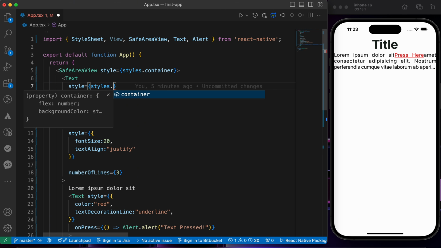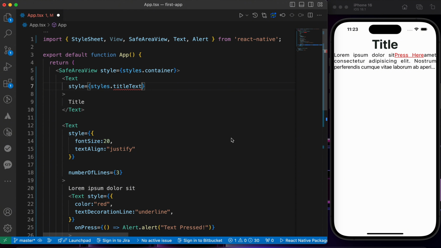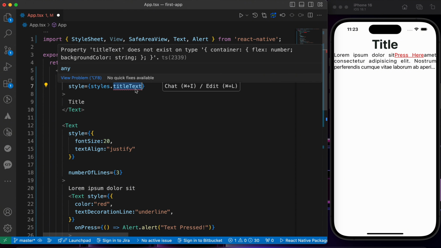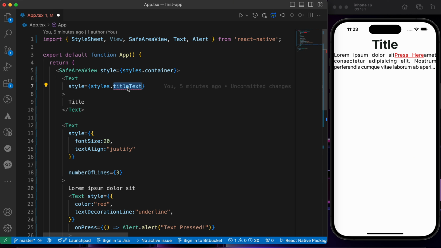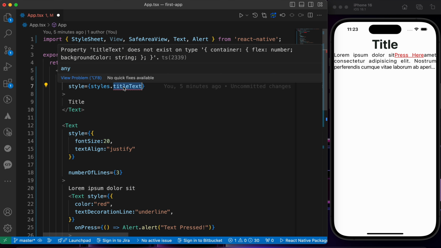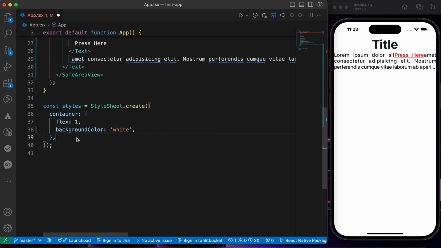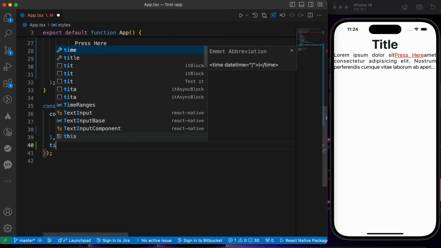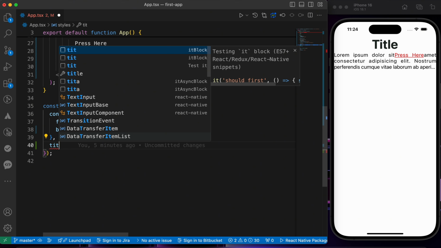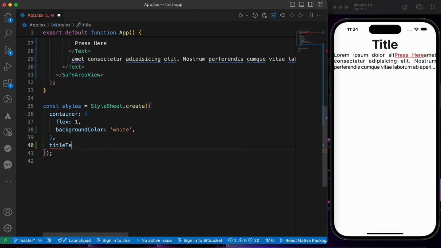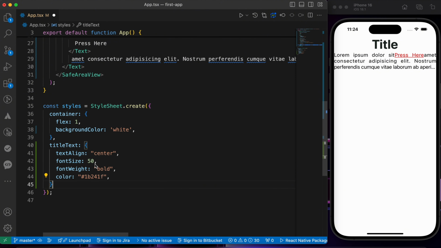For example, title text. This title text, you can change it to whatever you want, but please choose a name that is referred to the style. Okay, if you go down, put the name that you selected at the top. It was title text, and it's going to be equal to the object, like that. If you go up,